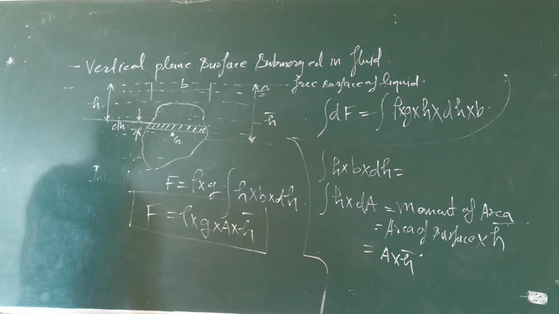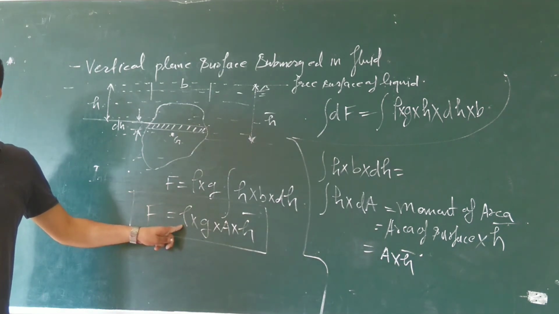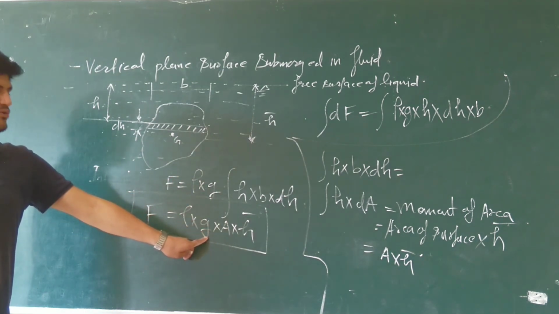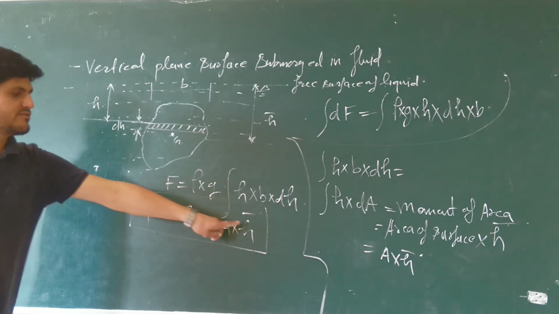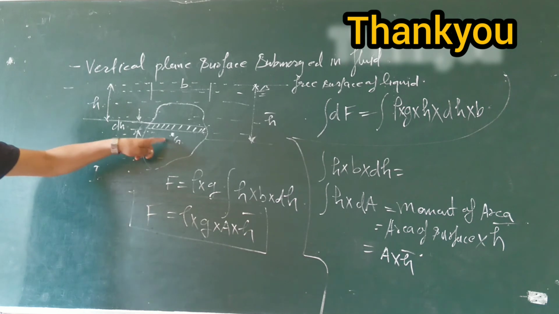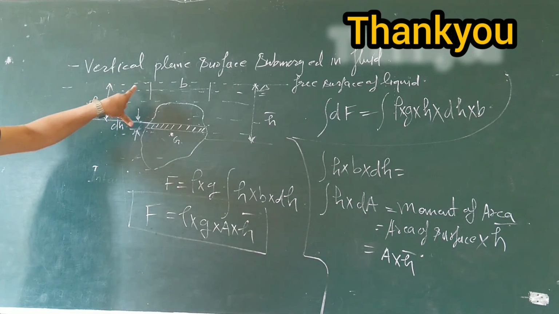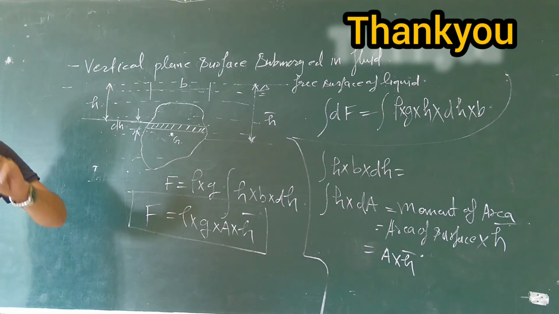So you need to know about the density of the fluid, acceleration due to gravity, you know what is the area of this plane surface, and what is the distance of center of gravity from the free surface of the liquid, right? So this you need to